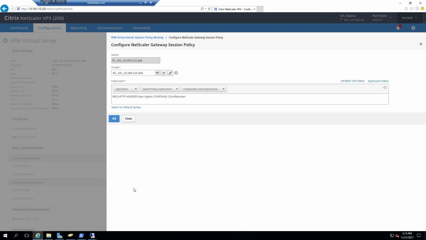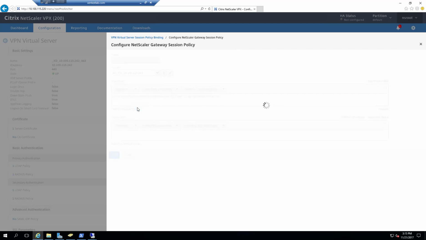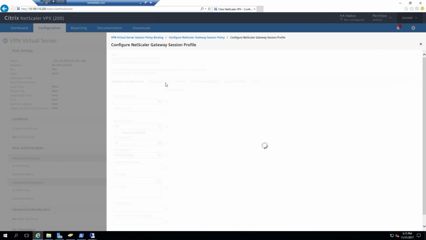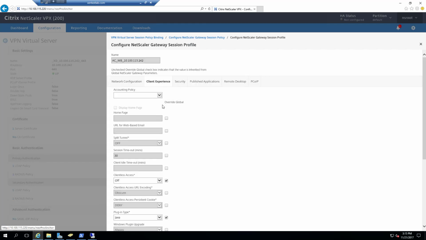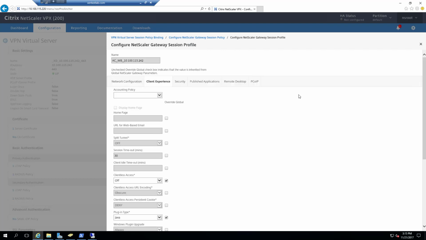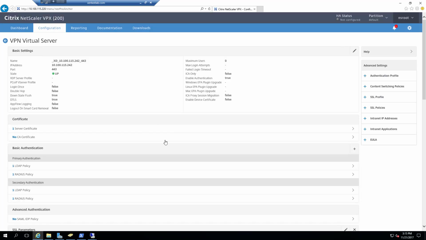So we'll go ahead and close this one, and we'll look at this one, this is a non-mobile. And we'll edit policy, we'll edit the profile, client experience. Credential index is primary. All right. So if everything is working correctly, which hopefully it is, let's go back out to my regular desktop